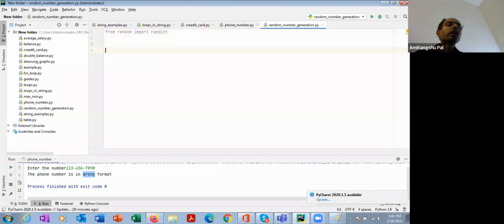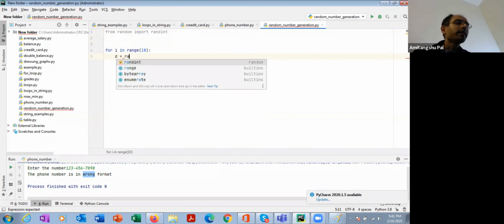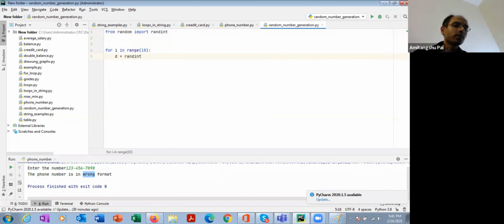I said that I will do the experiment 10 times, so let's write a loop: for i in range of 10, since I need to repeat this experiment 10 times. The outcome is any random number between 1 and 6, so randint(1, 6).